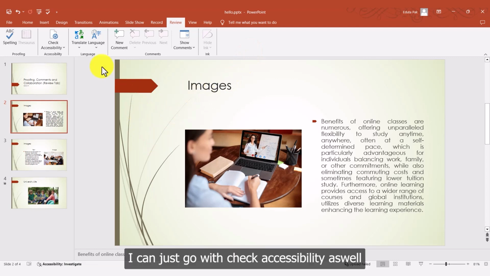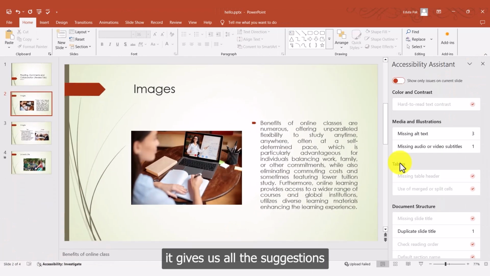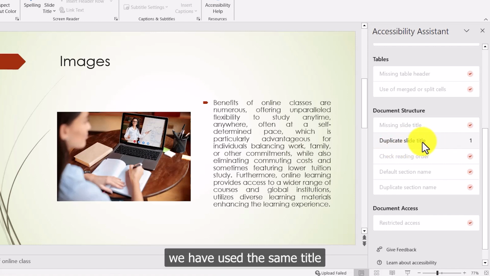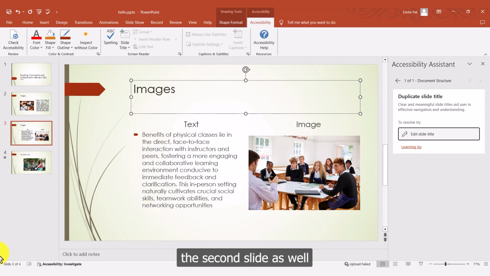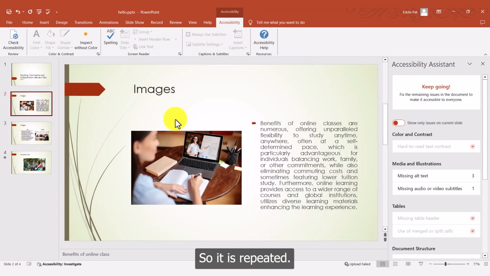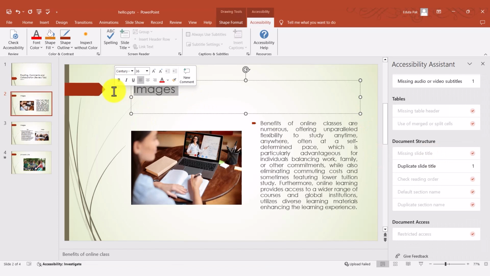For example, for that, I can go with check accessibility, or at the taskbar of this PowerPoint presentation, I have an option as well. When you click on this, it gives us all the suggestions that should be fixed. For example, it gives us the suggestion of duplicate slide title. We have used the same title for two different slides. We can click on it, and here you can see the title Images has been used on the second slide and on the third slide as well. So it is repeated, and it wants us to change it. For example, I want to go with online